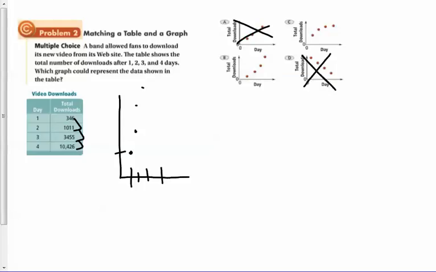Okay, so if you look at this, which one's it going to be? Because on here, this is my day, this is my X, and this is my downloads, right? This is my download. So if you had to take a guess at which one this would be, would it be B or would it be C? I probably would say it's most likely going to be B because that one right there looks kind of goofy, but really what it is